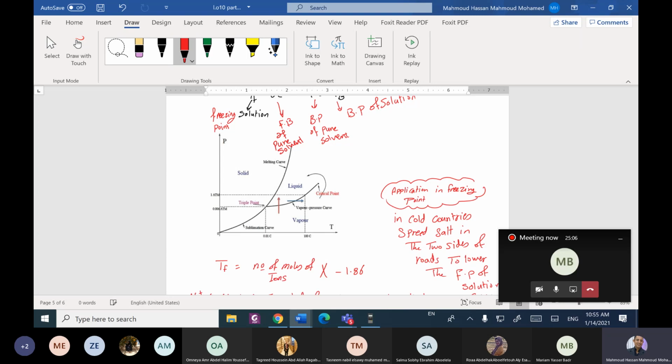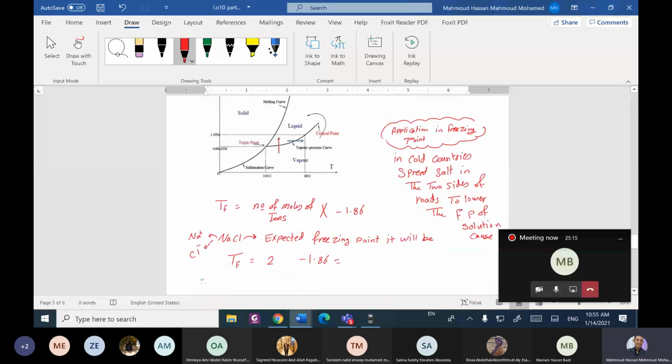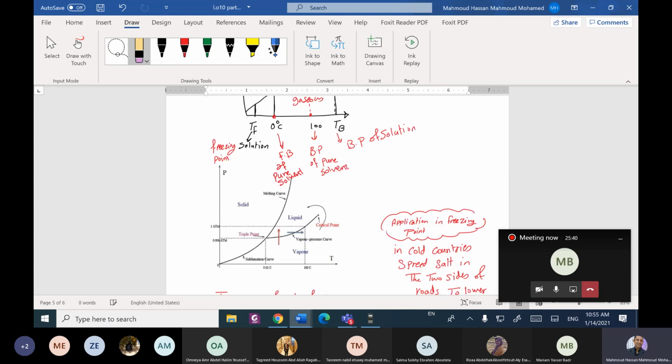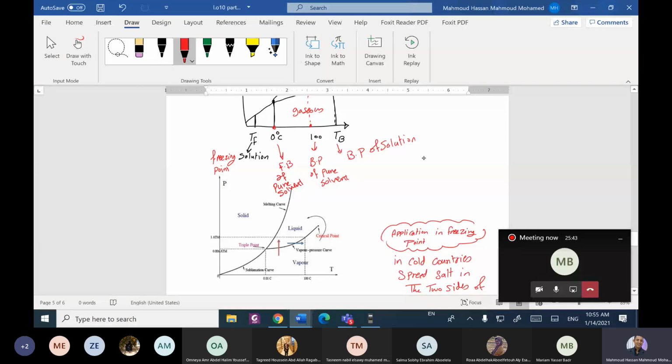To return back to the graph, this graph represents the previous graph, but in regular shape. We'll find this is the melting curve, this is in the phase of the vapor, this is in the phase of the solid, this is in the phase of the liquid. So for the freezing point, if we compare between the pure solvent and the solutions,